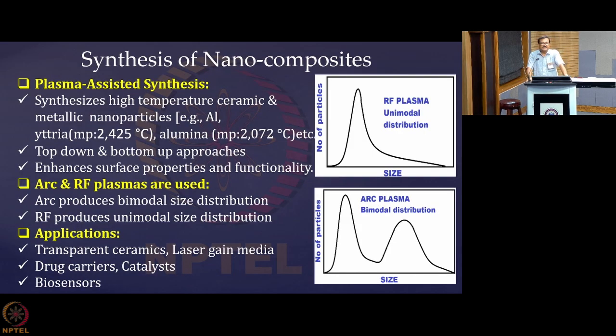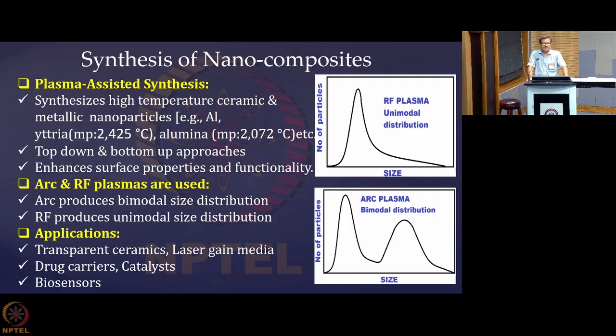Then, as I told you, they are useful for nanocomposites, and I promised there are two kinds of distribution: one is unimodal and one is bimodal distribution of particles. How they appear, when they appear, and in what systems they appear, I promised I will discuss in the tutorial. So here it is. Plasma assisted nanosynthesis is occurring